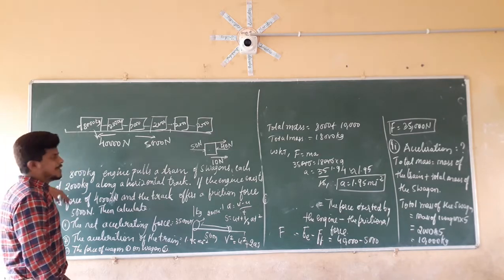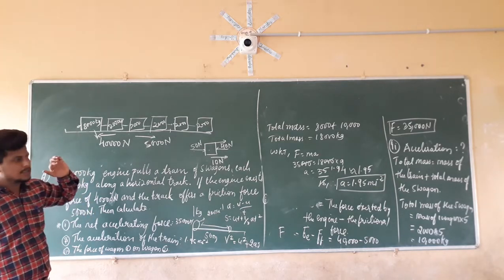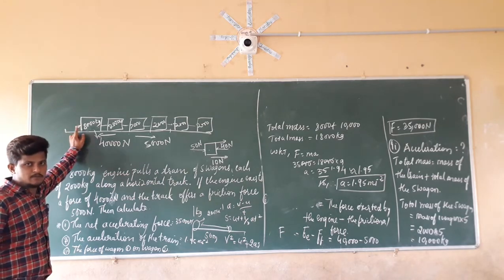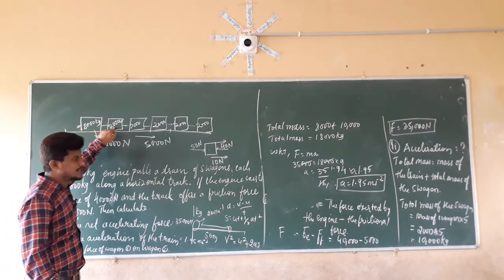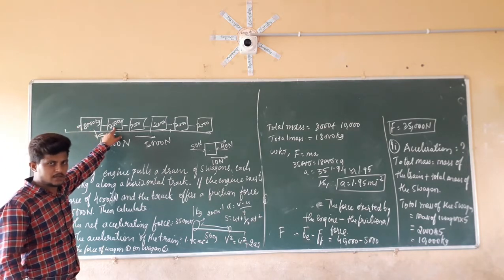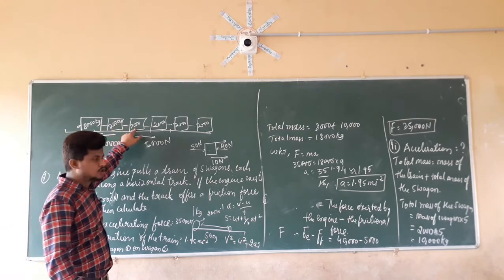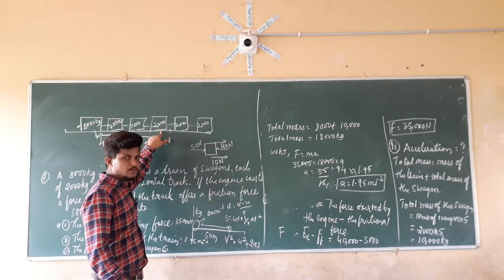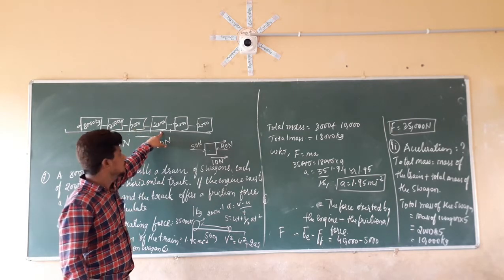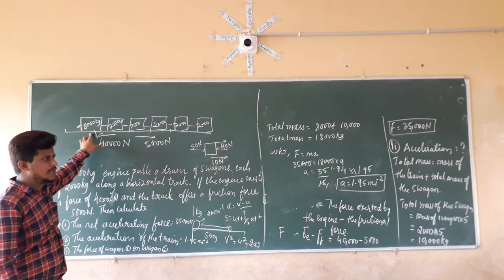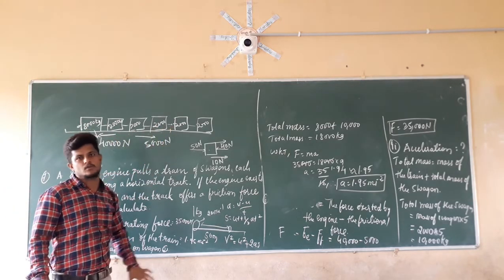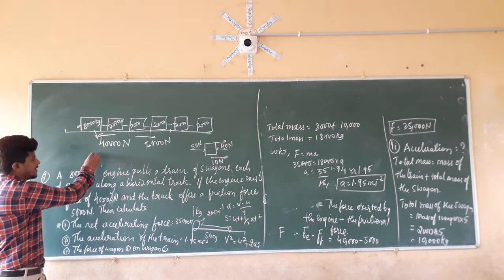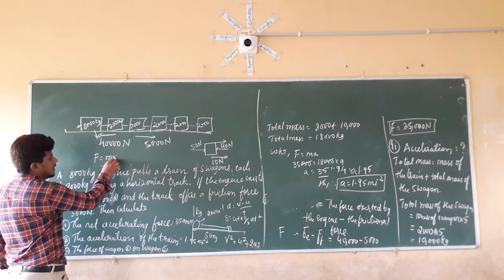We already know that the acceleration of the train is nothing but 1.95 meter per second square. So if this machine is moving with 1.95 meter per second square, that means this first vehicle is also going to move with 1.95 meter per second square. In the same manner, the other vehicles are also going to move with the same acceleration. So whatever acceleration the train is moving with, all the vehicles are going to move with the same acceleration. So we already know the acceleration. We know the formula for calculating the force, that is nothing but F equal to m into a.